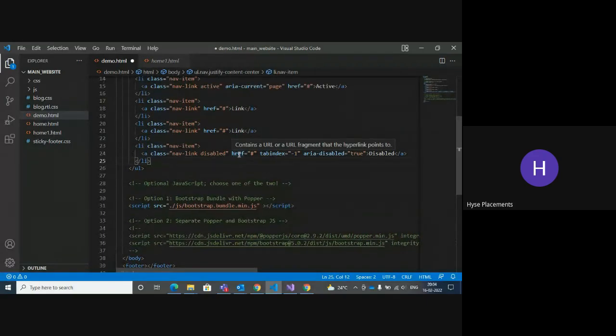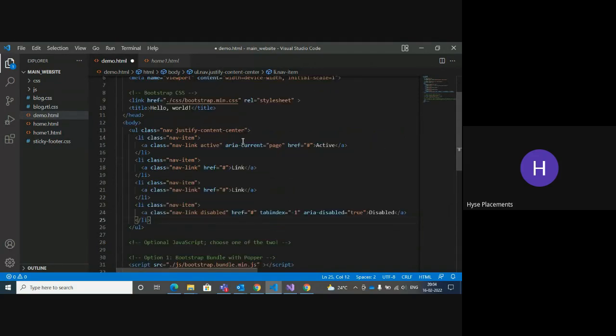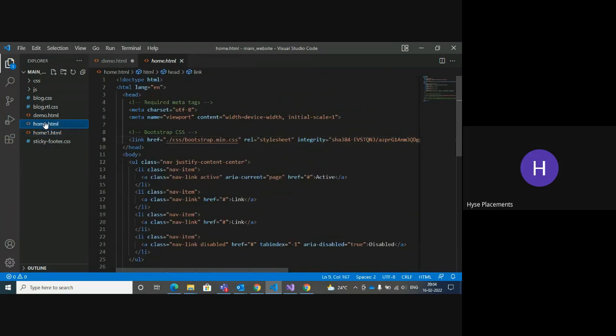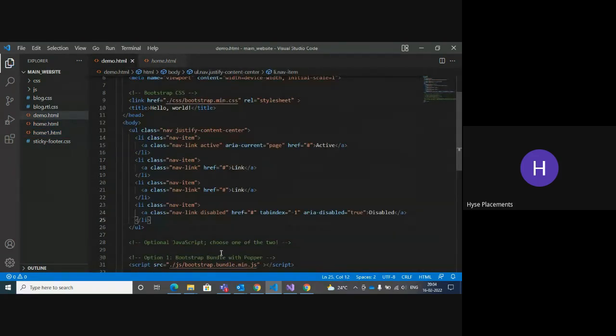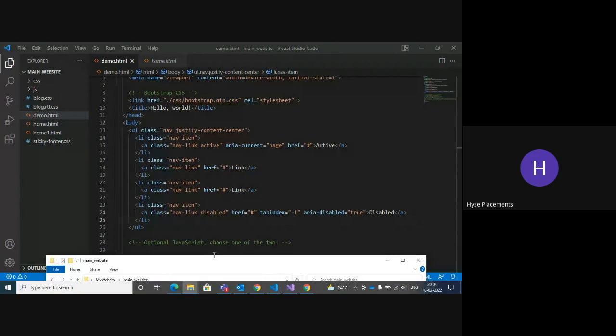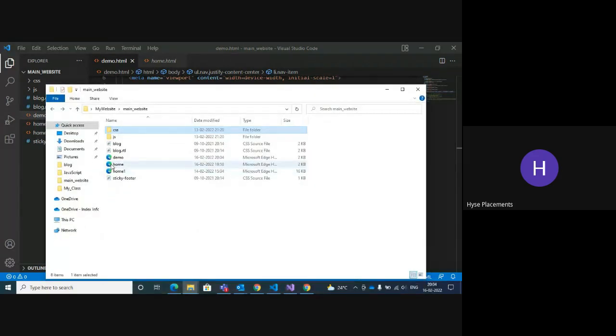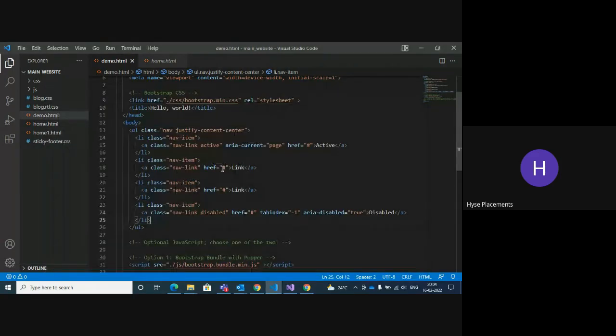Everyone here, in the href, means a link. You can give links also. Page links means you can see home.html is present, home1.html is present. I can save now. I have three files present: home1, home. I can connect now. You can see these links are present, link one, link two. I can give home1, home2, just home, and the next link will be given to the